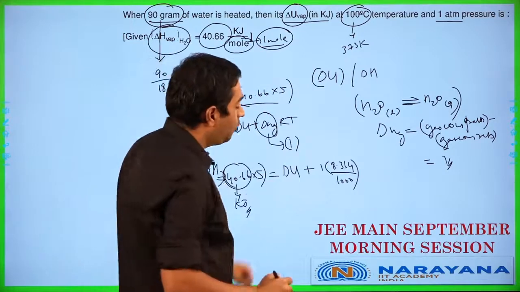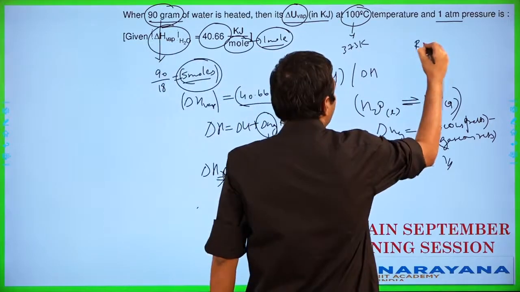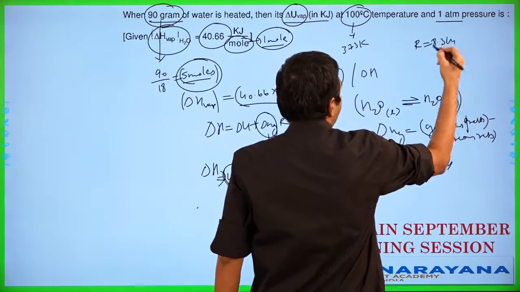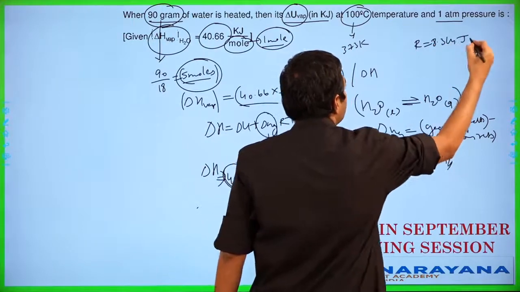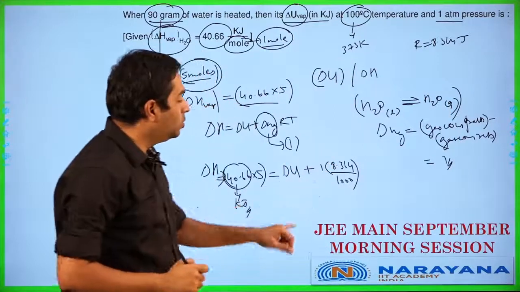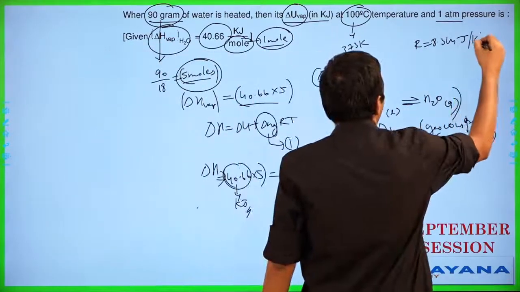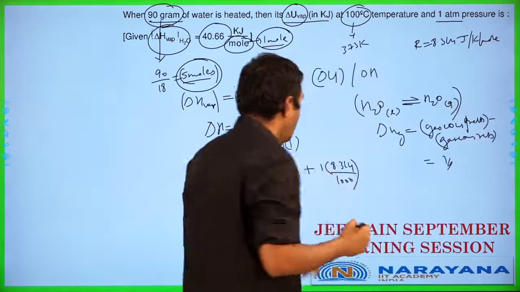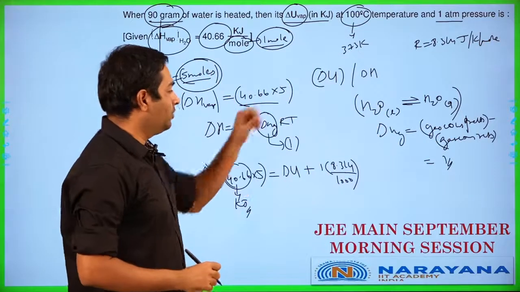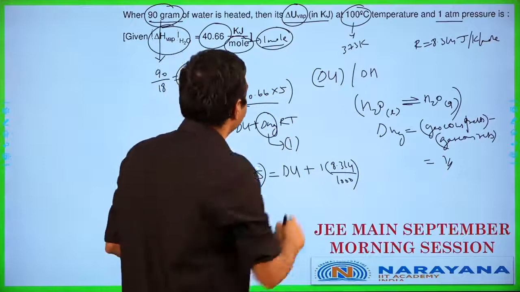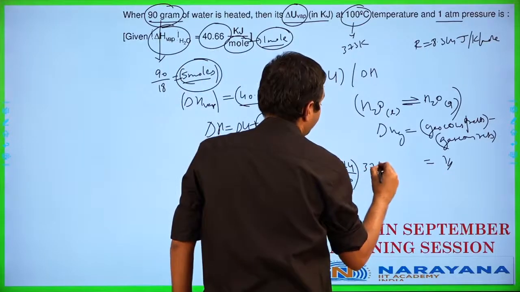And R value 8.314 is going to be in joules over there. So I am dividing it by 1000 over here mainly because I want to effectively convert it into kilojoule units in this particular case. So here R value is going to be joules per Kelvin per mole. Now I am converting into kilojoules per Kelvin per mole. Next we are going to be having R into temperature. Temperature is going to be given as 373.